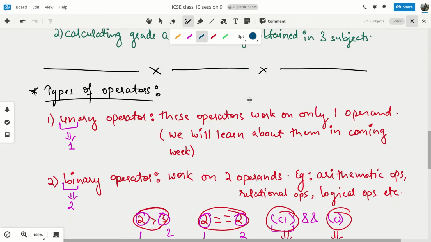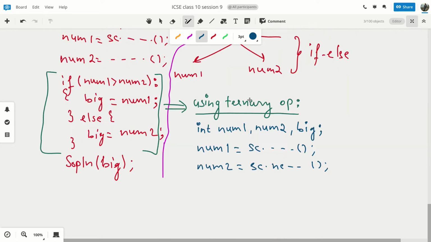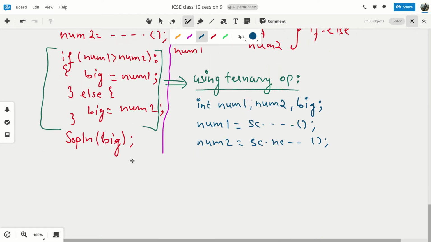So we will follow the same structure. The variable in our case where we have to store the result is big. So we'll write big is equal to, what is the expression?